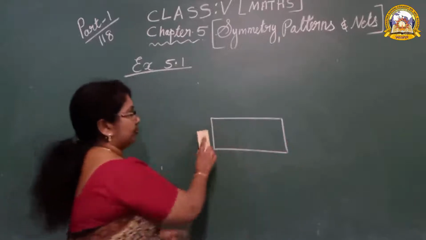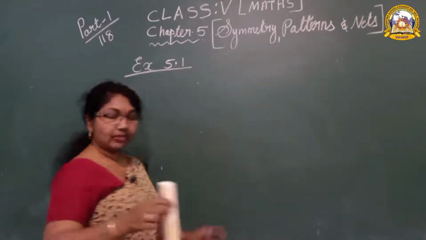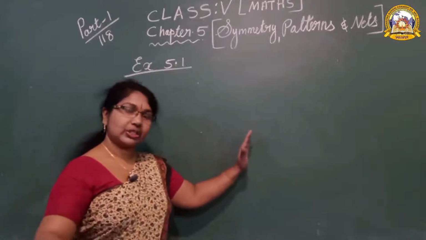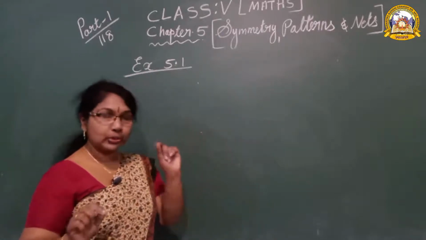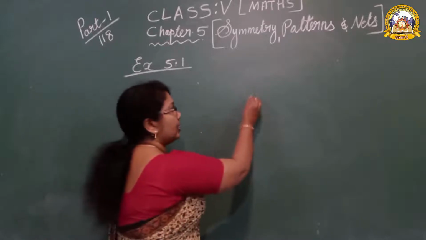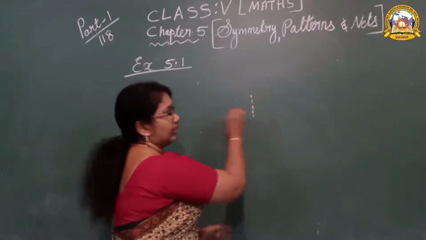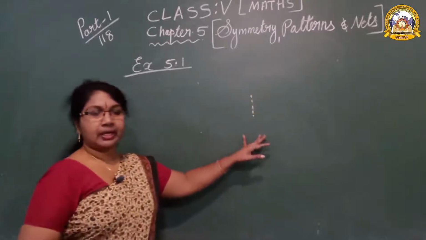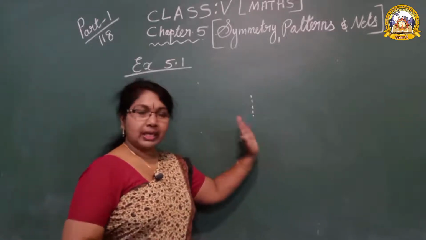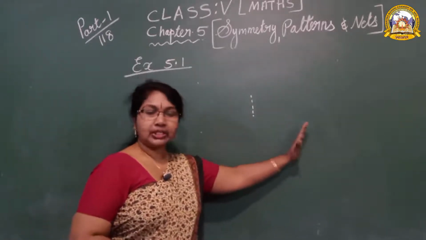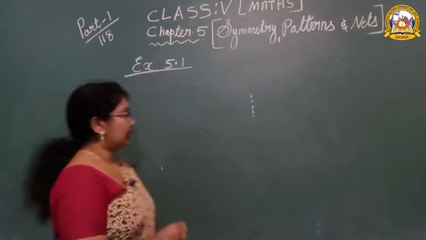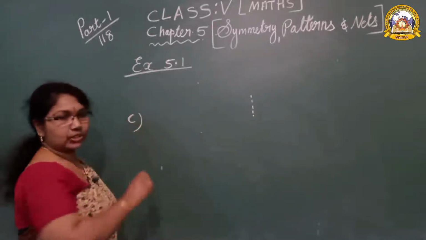Now I told you, if you understand the meaning of symmetry, you can draw very easily. Don't forget, you should use the pencil and scale. Always use the dotted line for the symmetrical line. And look, question number C, complete the figure treating the dotted lines. For example, question number C, the teacher is showing there.